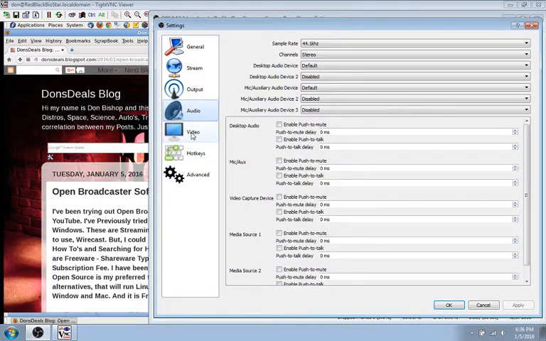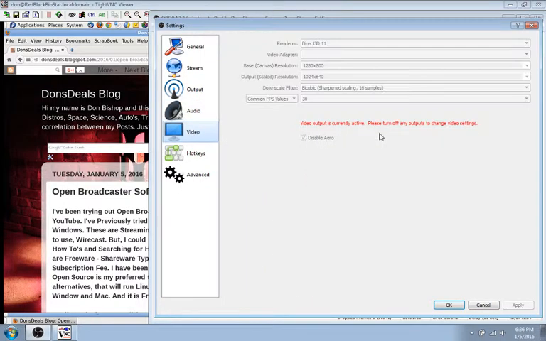There's one thing I could do. Oh yes, I go to video and it says output is currently active. Please turn off any outputs to change video settings. Yeah, and I don't think I changed the renderer. It's Direct3D 11. There is OpenGL available in there. I might have changed that. I like to at least do 30 frames per second. I don't see any point doing 60. 30 has been good for TV for a long time. So I mean, this machine couldn't handle 60 frames per second for sure. It can barely handle what I'm doing. I didn't change all